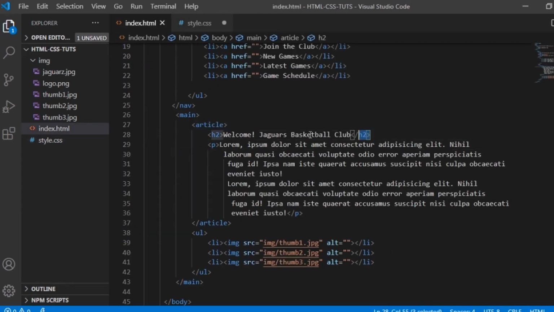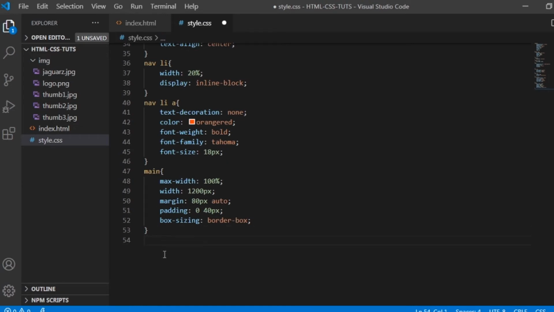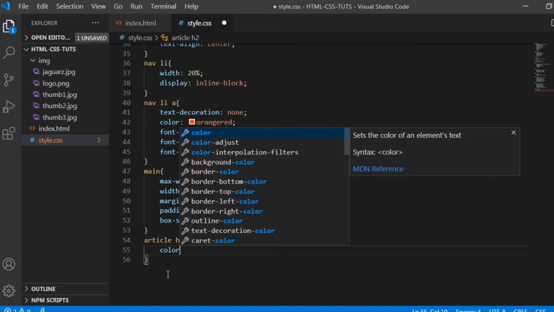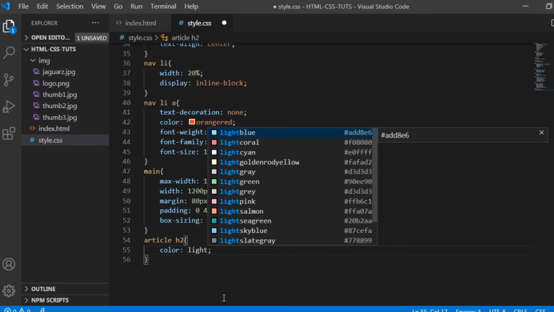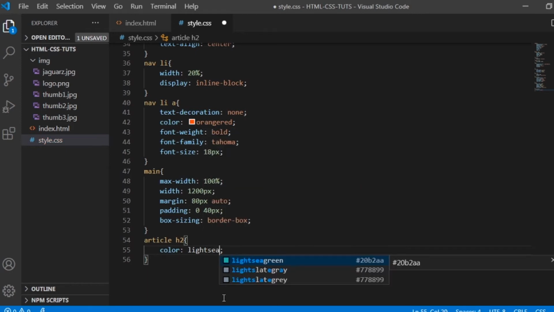Okay, so let's design the H2, the title, to our CSS. Okay, let's go back here, article, and then H2. And then let's create a design or declaration. So let's say, for example, the color is light sea green. There you go.